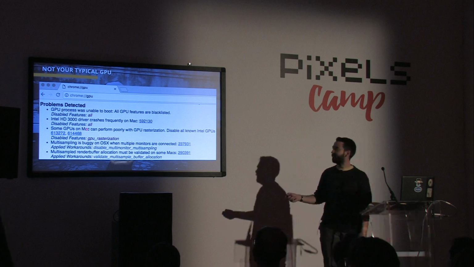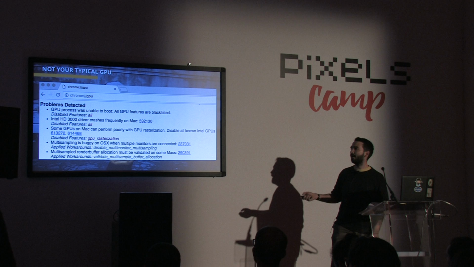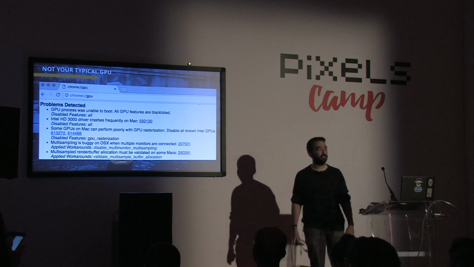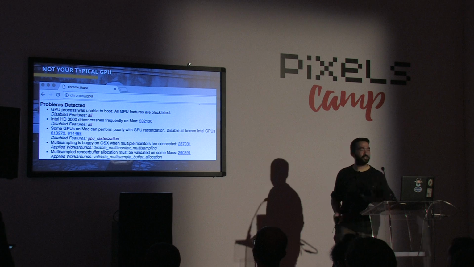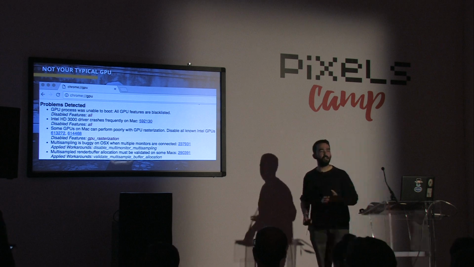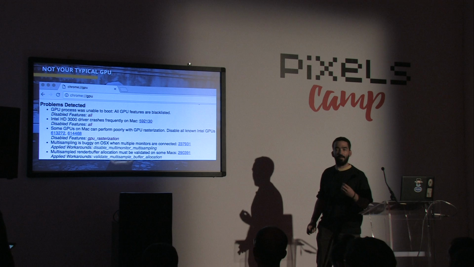Yeah, some GPUs can perform poorly, disable all. Forget this graphics card. You shouldn't be using this, but I am. So it's good for tests. It's good to understand these kinds of things that happen once in a while, and why is my code running